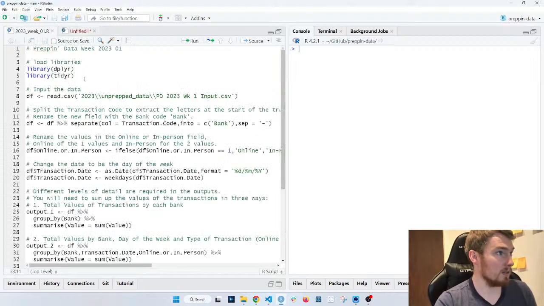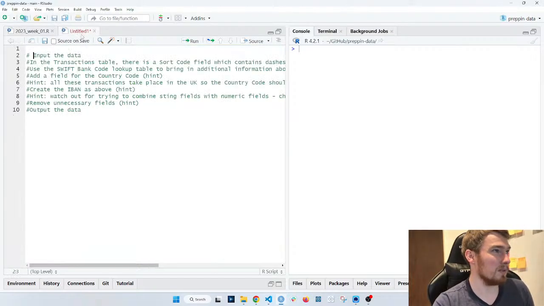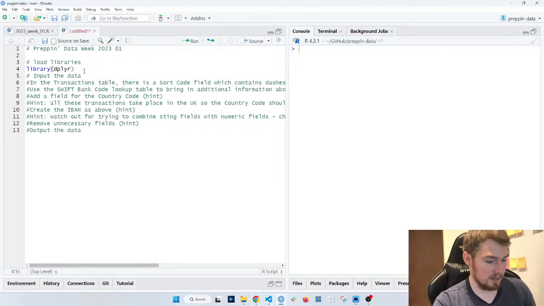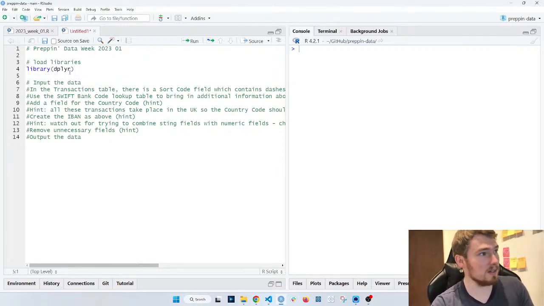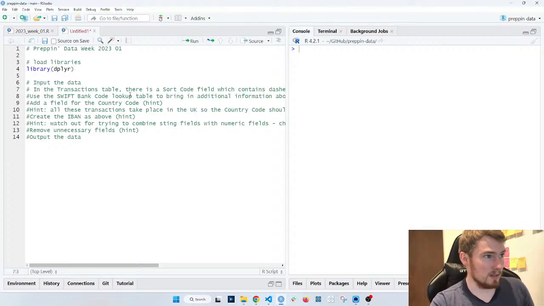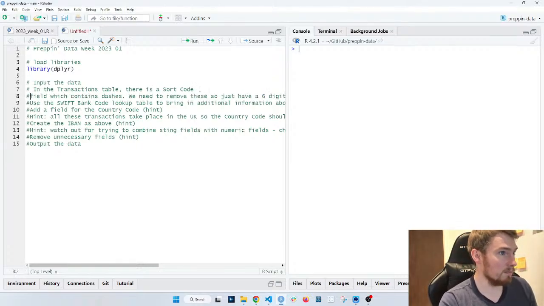Like last time, I'm probably going to use these libraries again. I'm certainly going to use dplyr, maybe not tidyr in this case. I generally like to keep dplyr in. It's the smaller library, so less resource being used to load it in, and it's a bit easier to manage because it only has so much functionality.